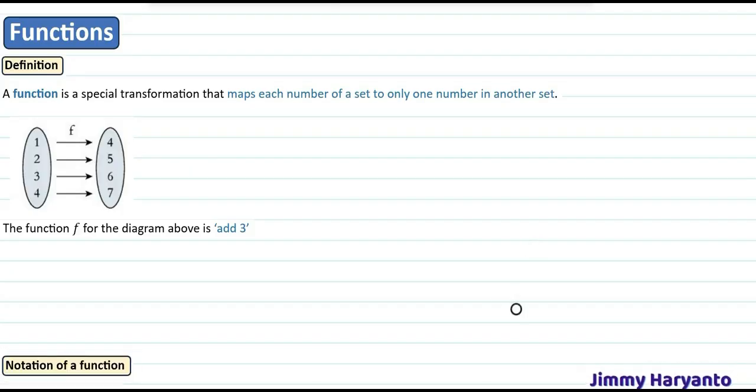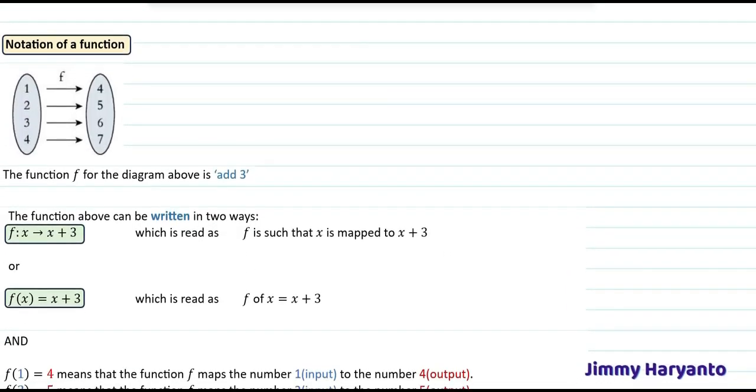And then we'll go to the notation of function. So the notation of function for the previous example will be x plus 3, since the rule is add by 3. That means the rule will be x plus 3, and the notation itself can be f, or the common writing is this one, f and then in the brackets x, and then equals the rule. So you can read this one as the function of f is x plus 3.